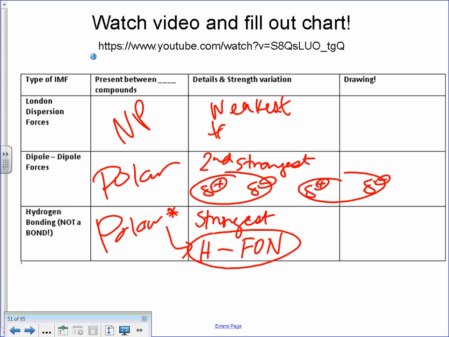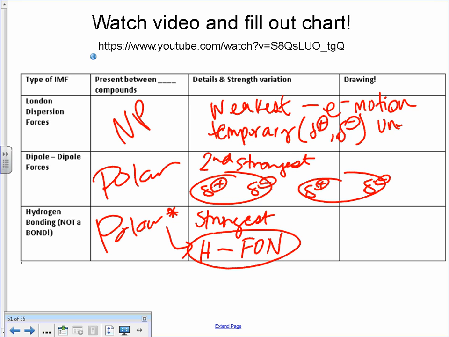And it's a temporary situation where you have a temporary partial positive and partial negative. And what was causing this partial negative, partial positive? What was moving? Electrons. This is a multiple choice question most people get wrong because they forget it. I've seen this five years in a row. Electron motion